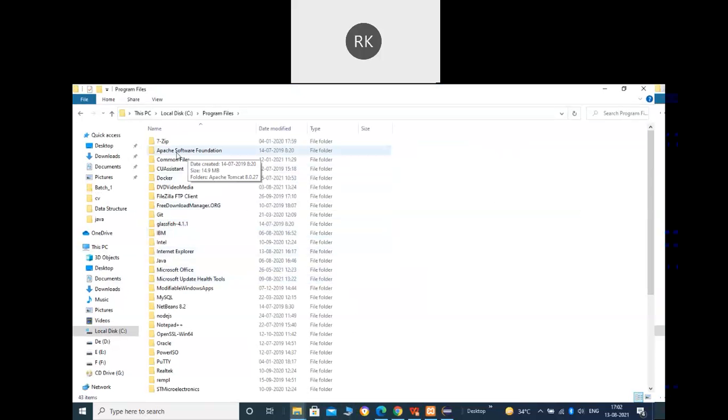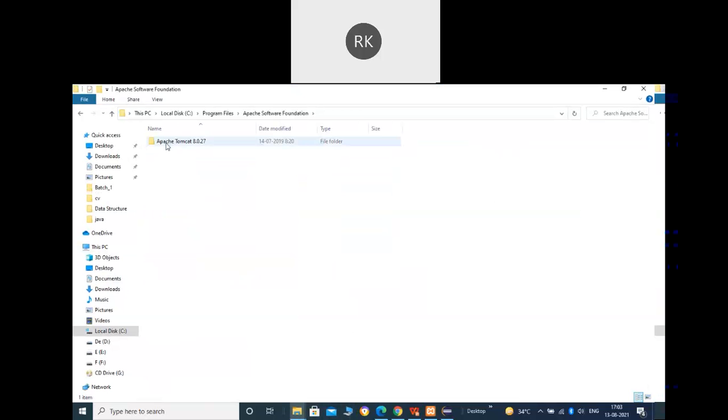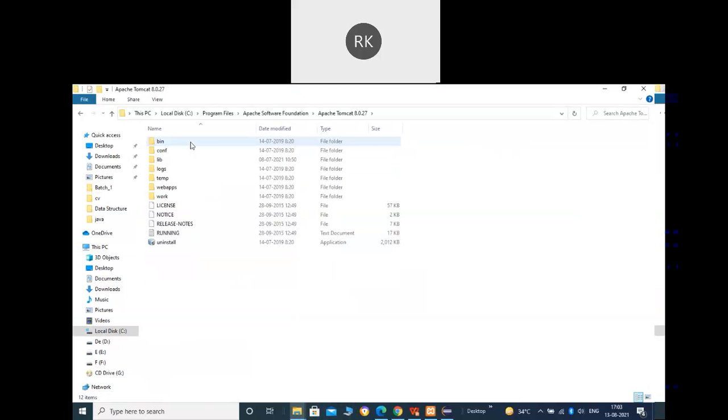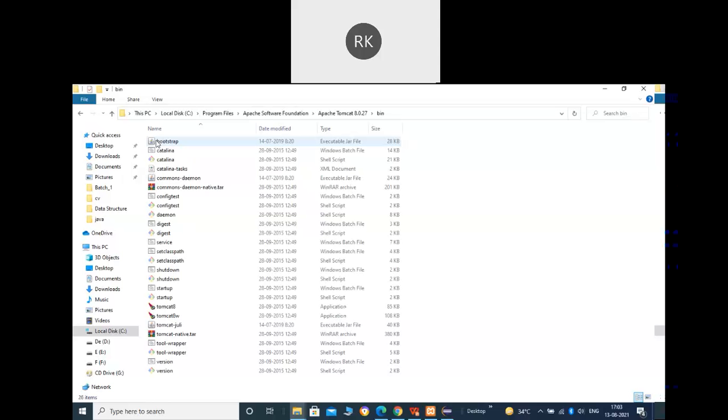But in case of web applications, the jar file is required to be put inside your server. As you know, we are going to run it on the Apache server. So go to the location where you have installed your Apache. In my case, it will be somewhere in here.